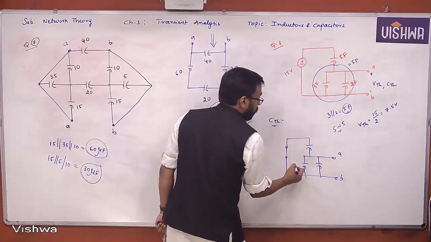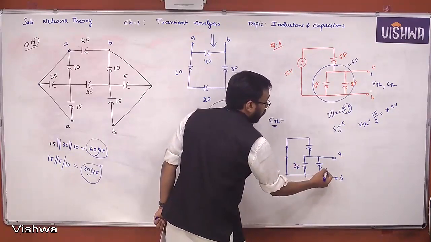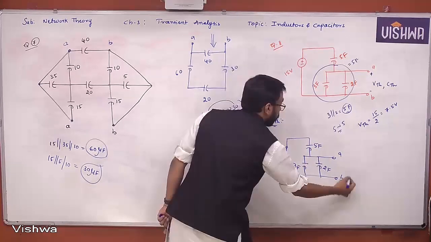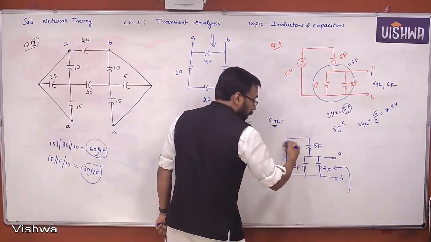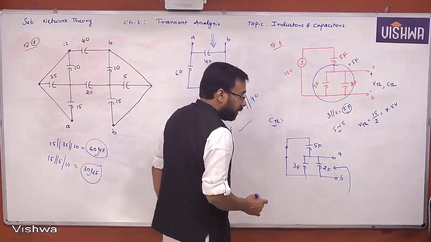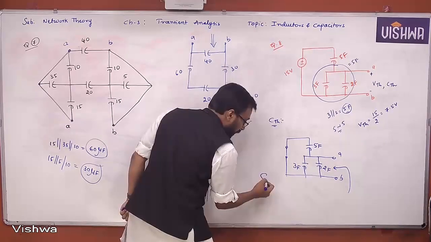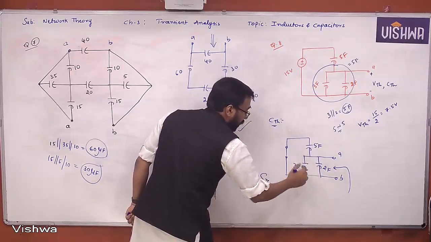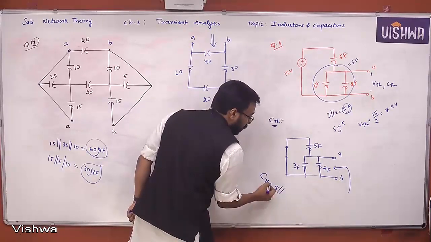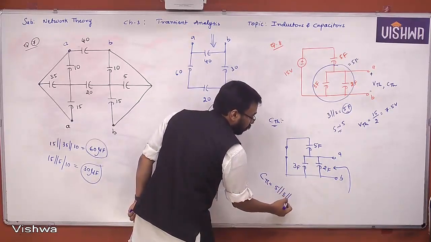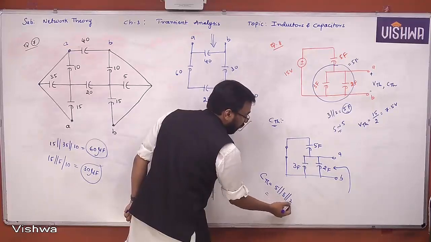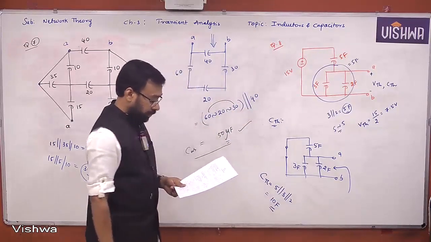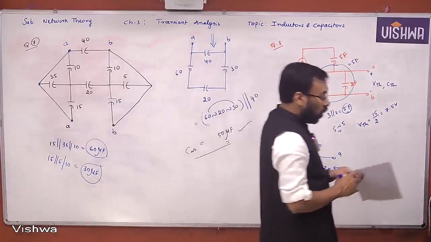AB, 3 farad, 2 farad, 5 farad. When you look into the network here, all these 3 elements are connected in parallel. Yes or no? So CAB or CTH, when you're looking here, all 3 are parallel. So 5 parallel, 3 parallel, 2, nothing but 8 plus 2, 10 farad. That is CTH. 7.5 volts and